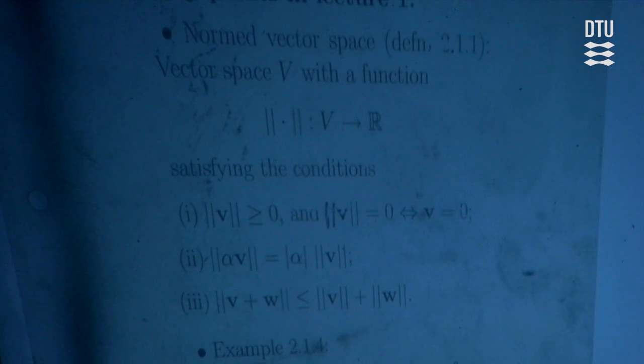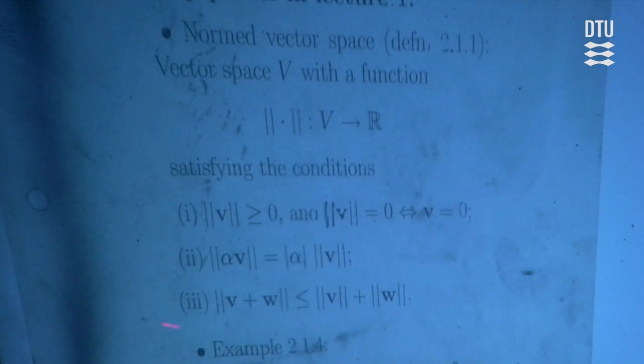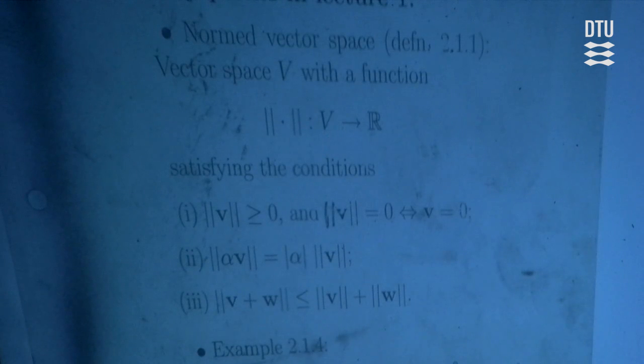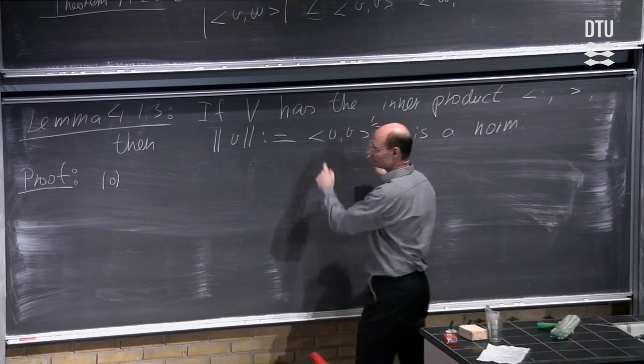So this is something we always need to remember to check. So we check these 3 conditions, but we also check that the norm actually maps the space into the real numbers. So again, if we call this point 0, then we need to look at this